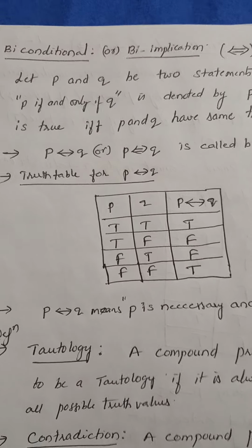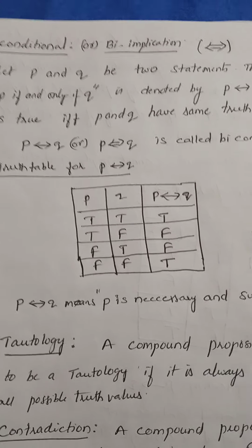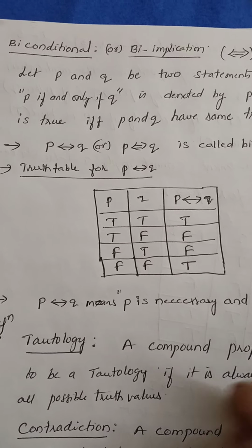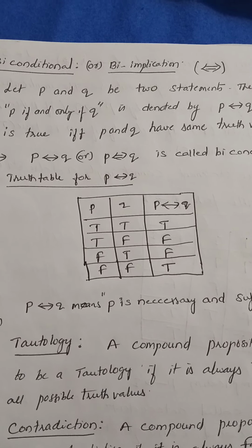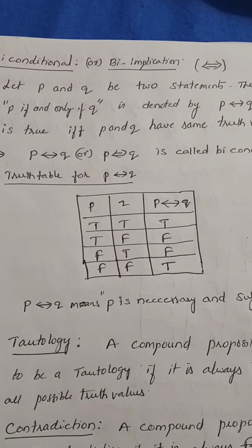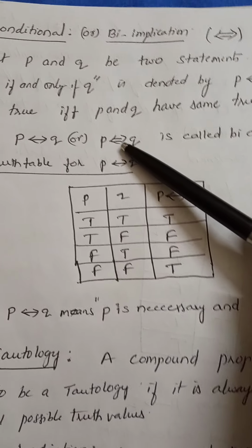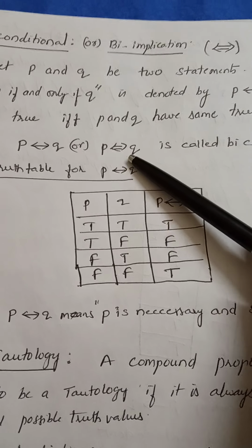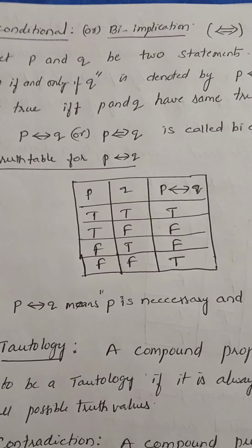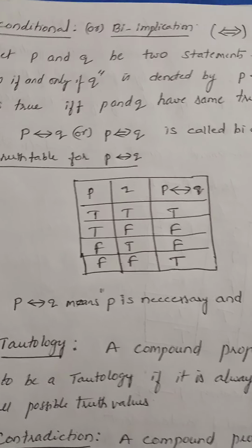Good morning, students. Now, the next topic is biconditional, or you can say bi-implication. This is a notation, if and only if, which is read as if and only if. Let P be a statement, Q be a statement, or you can say P and Q are two propositions, right? The bi-implication of P and Q is denoted by this notation P if and only if Q, with arrows on both sides, and this proposition has truth value T if both the propositions have the same truth values.